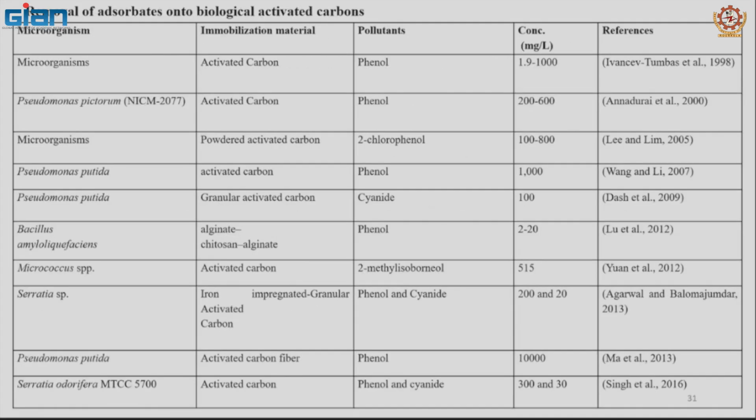This table shows some of the works on removal of adsorbents onto biological activated carbons. So the microorganisms, activated carbon, phenol, the pollutants, concentration and reference. As you see, microorganisms are Pseudomonas pictorum, then Pseudomonas putida, Micrococcus spp, Serratia